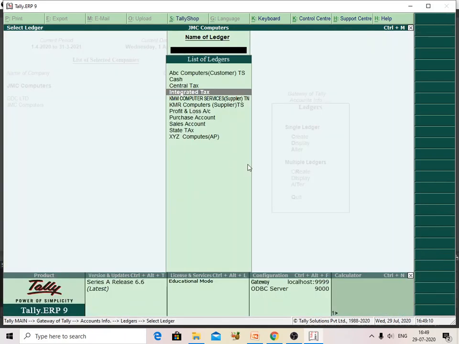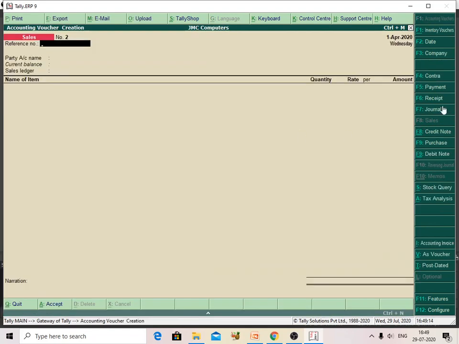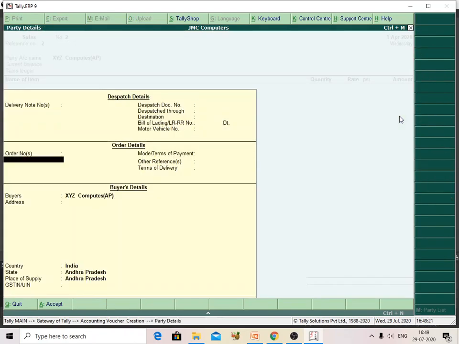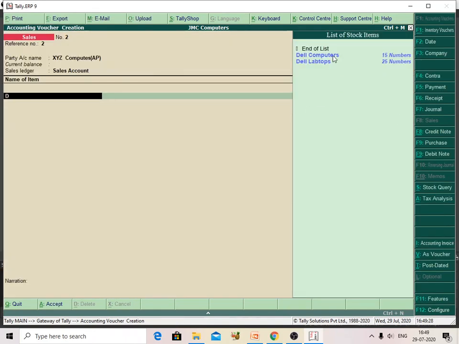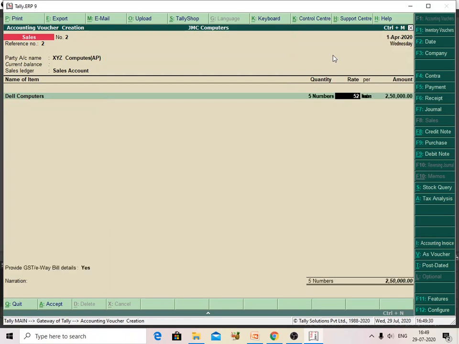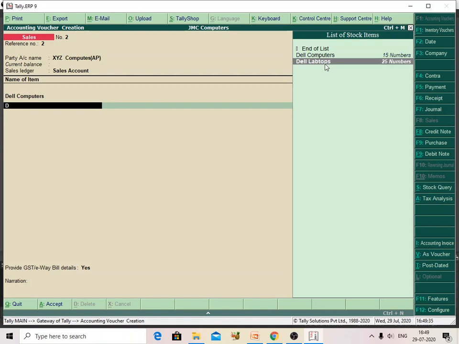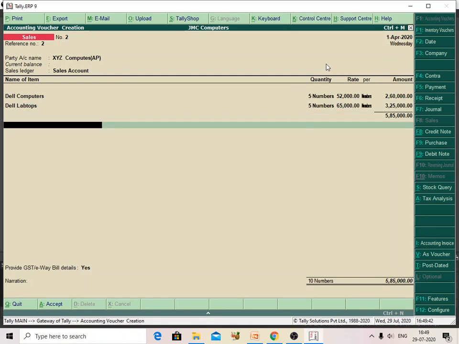18%. Okay. Here, in the inventory market sales voucher number 2, my customer is from Andhra Pradesh. It is sales accounts. Dell computers, 15 are available. I am selling them at 52,000 each. Dell laptops, 25 available. I am selling them at 65,000 only. Now I am going to create